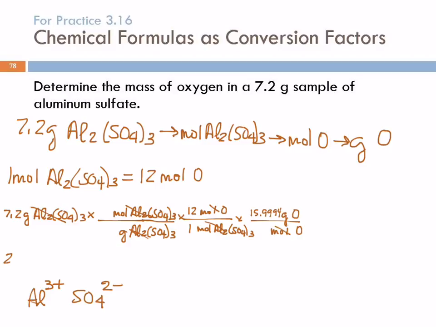Okay, 2 times 26.9815. How many sulfurs? 3. 3 times 32.07. Oh, no, 66. And 12 oxygens. 15.9994. Okay, so there I